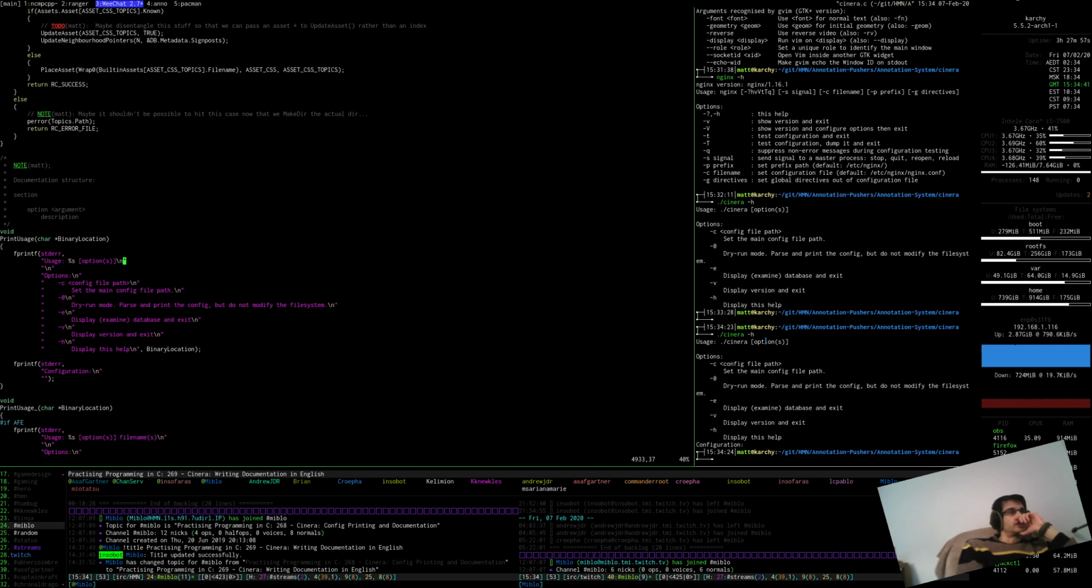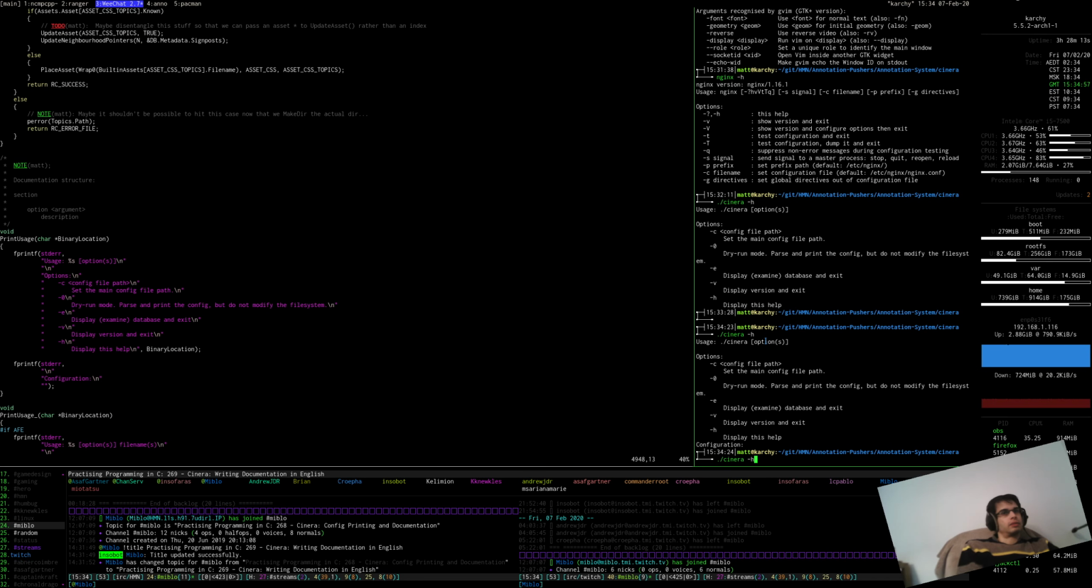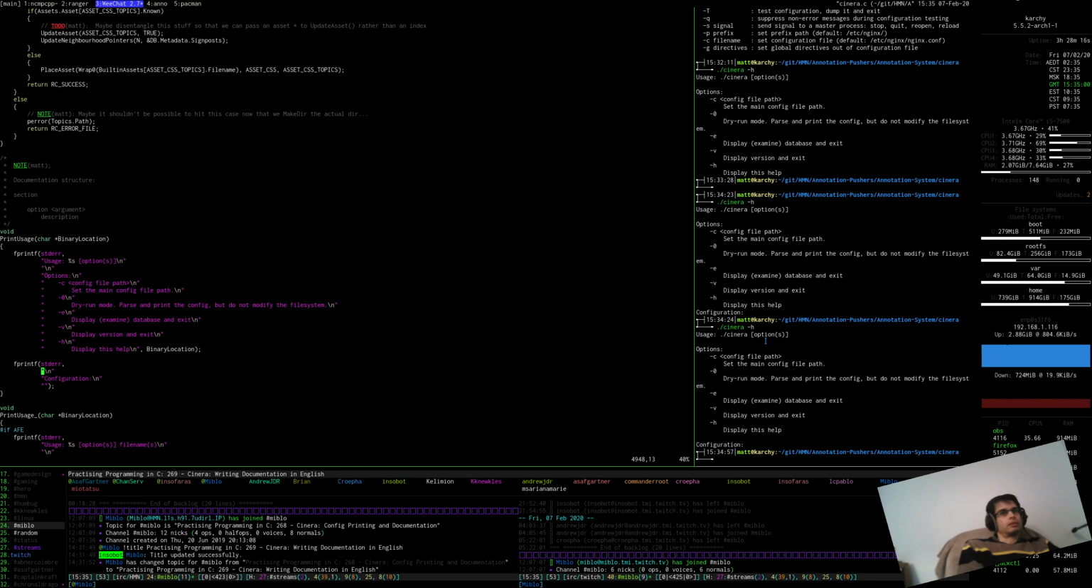So yeah, the first section doesn't have a new line before it, but subsequent sections do have a new line before them. Yeah, so this is a special section. The options section is kind of special because you've got the options, the arguments, and the description. Now when we come down to the configuration,